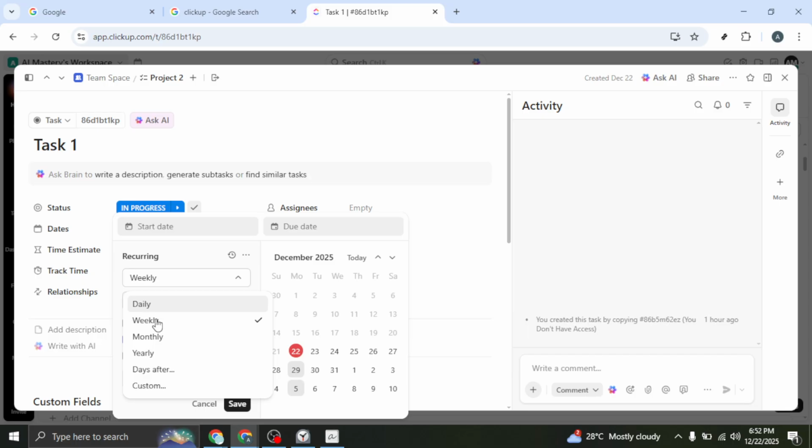Pick daily for tasks that need attention every day, like an end-of-day wrap-up or a habit you're tracking. Select monthly for things like invoices, retrospectives, or monthly reporting cycles. And choose yearly for anniversaries, annual audits, or once-a-year maintenance items. The key is to match the frequency to the real cadence of your work, so the system reminds you at